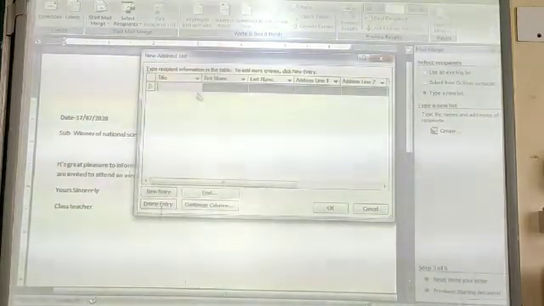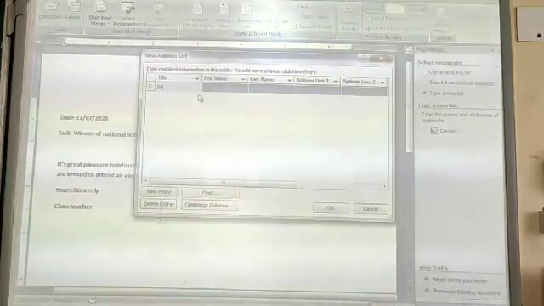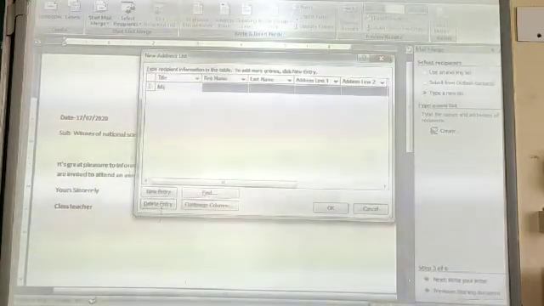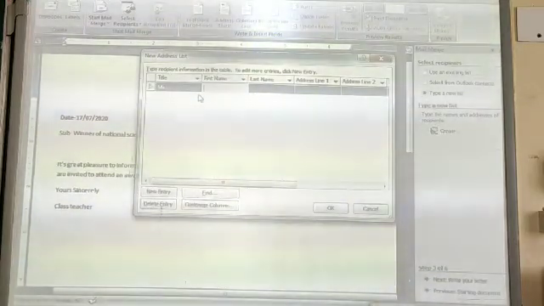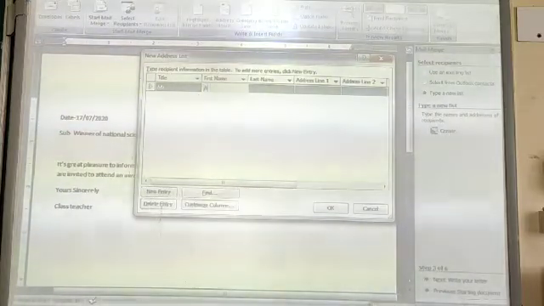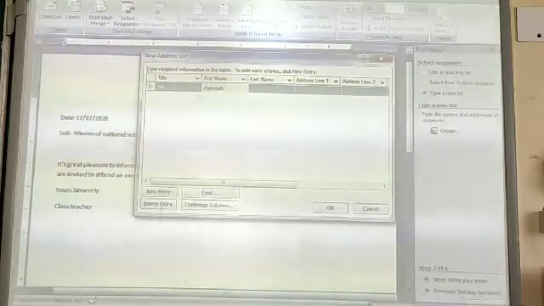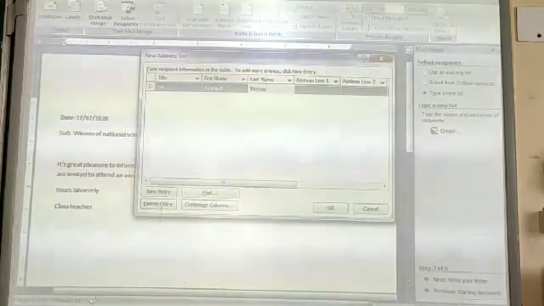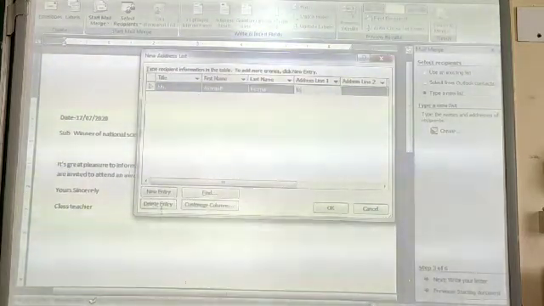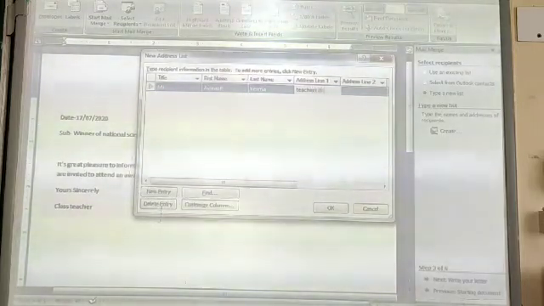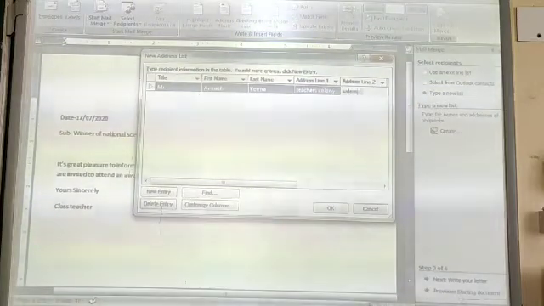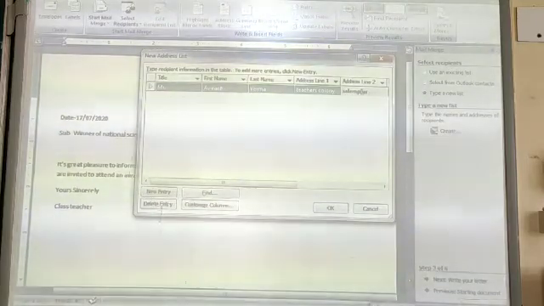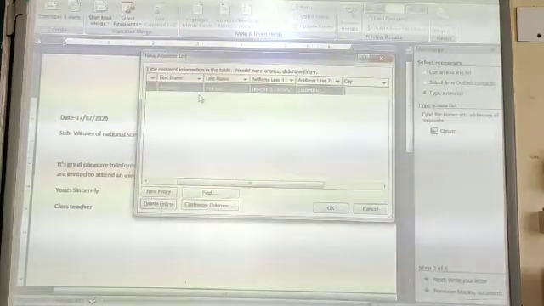Now, here you have to enter the data. Like suppose title Mr., first name, and enter the details here.